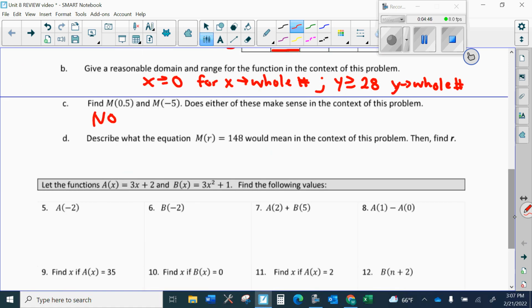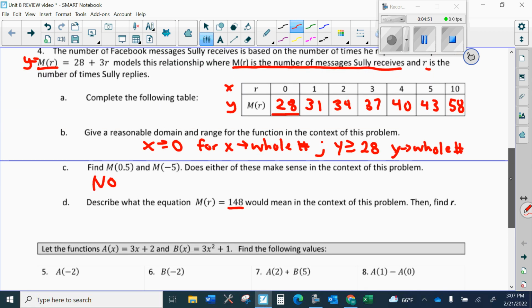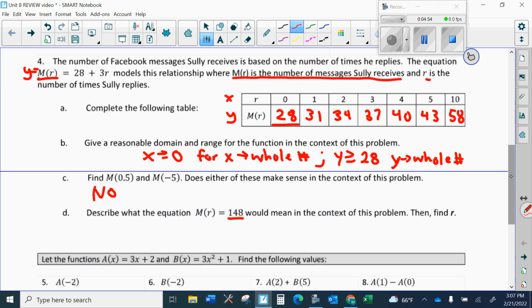Describe what the equation M of R equals 148 would mean in the context of this problem, then find R. So remember, M of R stands for the number of messages. It tells you right here, the number of messages Sully receives. Okay. So if Sully receives 148 messages, and you could say Facebook messages,